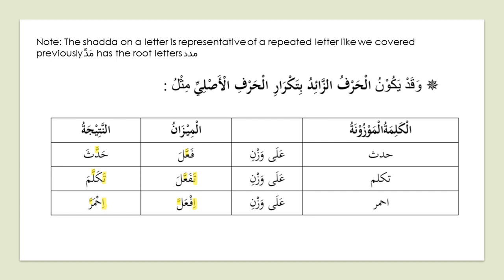Now if I was to remove the extra dal and we have حَدَثَ on the scale فَعَلَ, it means to happen. ماذا حدث? What happened? So we've increased the root letter and gave it a shadda. That is حَدَّثَ on the scale فَعَلَ. And all of these scales will come individually and we'll cover them one by one. Then you have